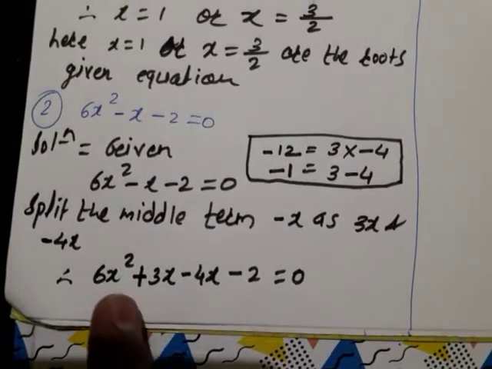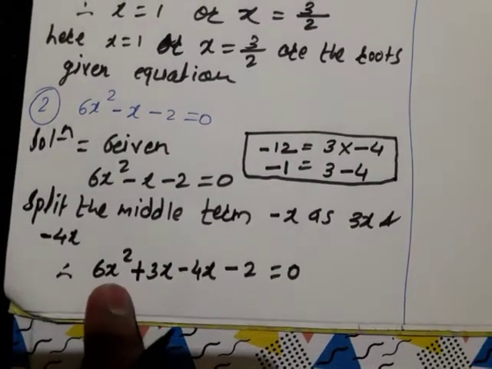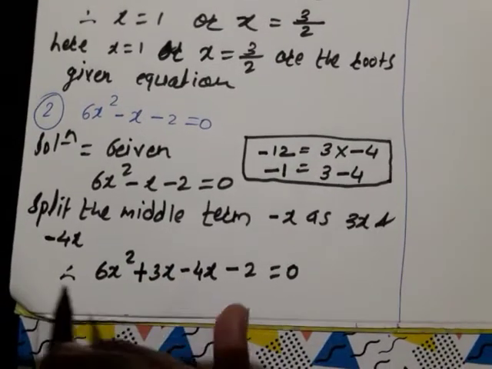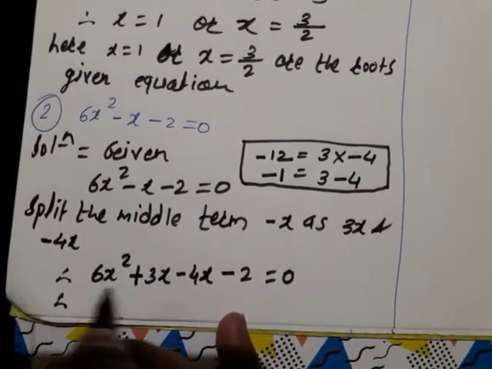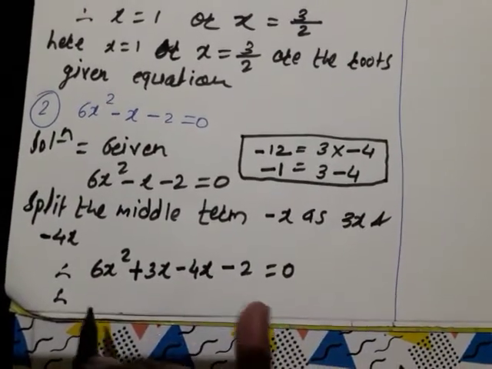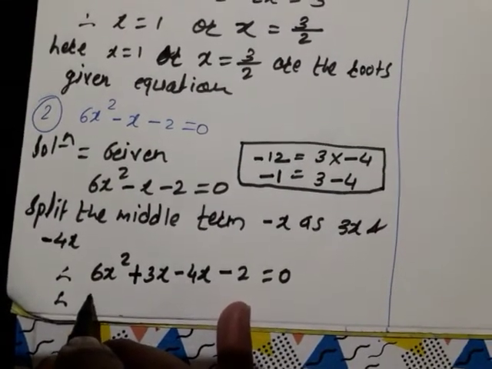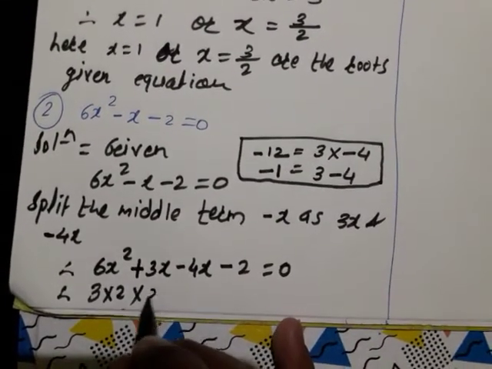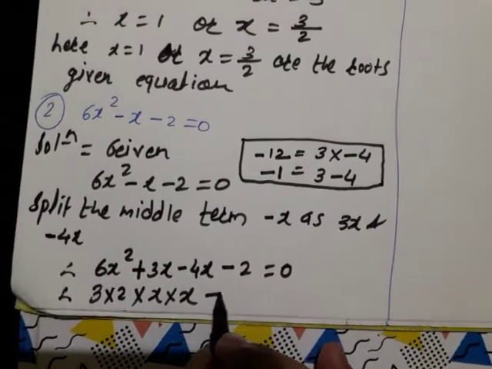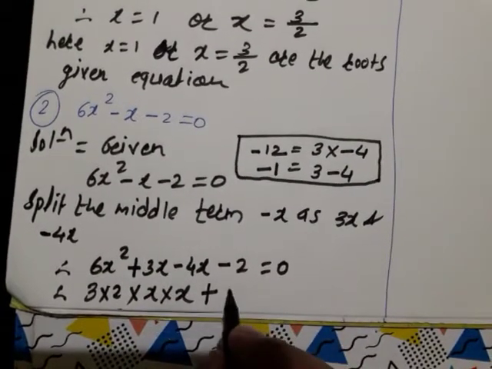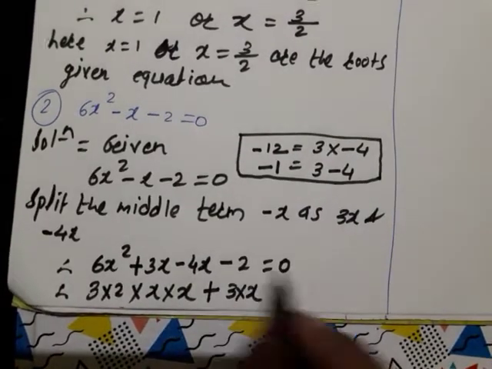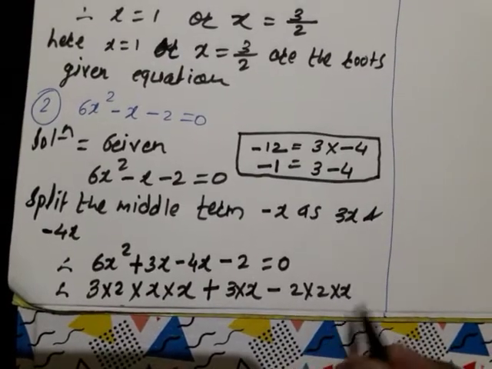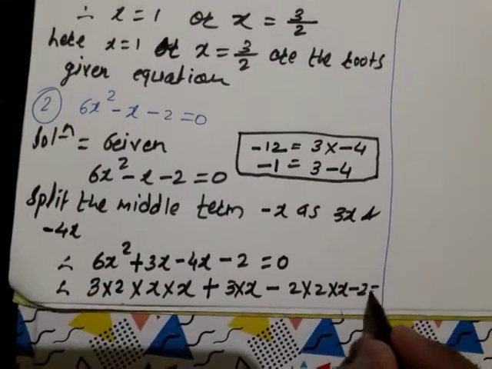Before that I showed you, okay, x square means what? X into x. X means here nothing is there, 3 into x. But again I am showing for your better understanding. The first two terms, the second two terms, from them we have to take out the common factor. 6 we can write like this, look how: 3 into 2 into x square, written as x into x, plus 3x is 3 into x, minus 4x is 2 into 2 into x, minus 2 is equal to 0.